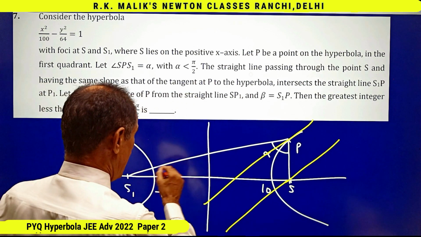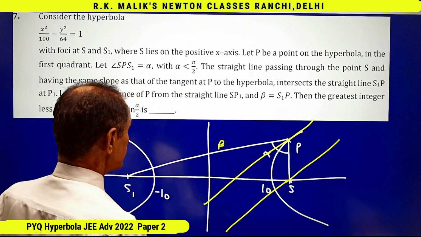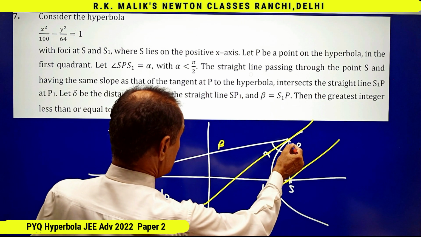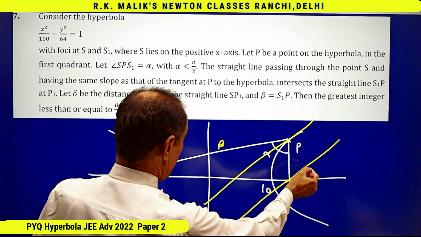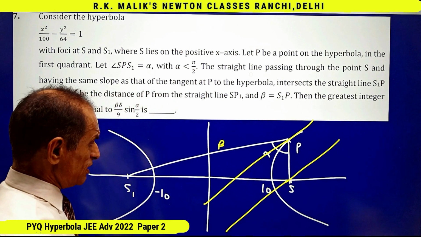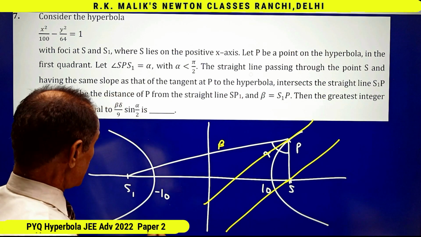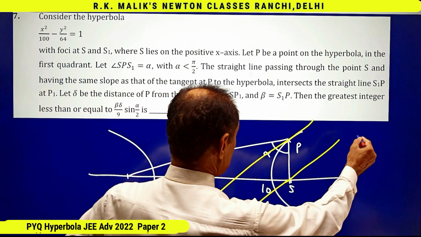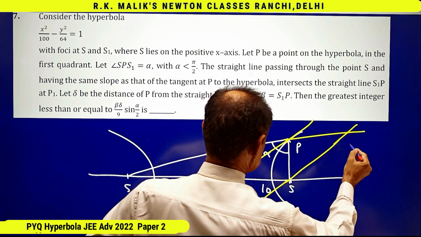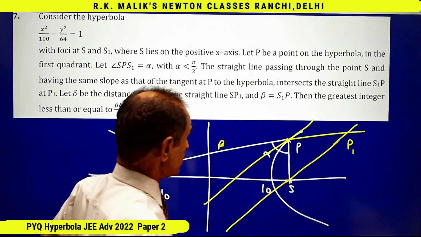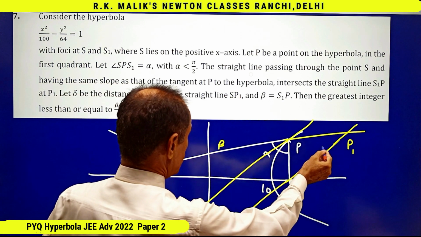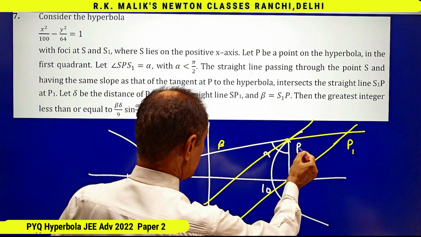The length S1P is given by beta, and delta is the distance of P from this, and it is also given that the line S1P is cutting this parallel line at some point P1, and delta is the distance of P from this parallel line,